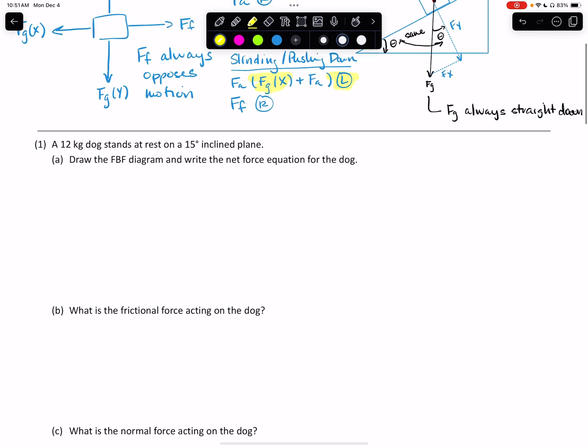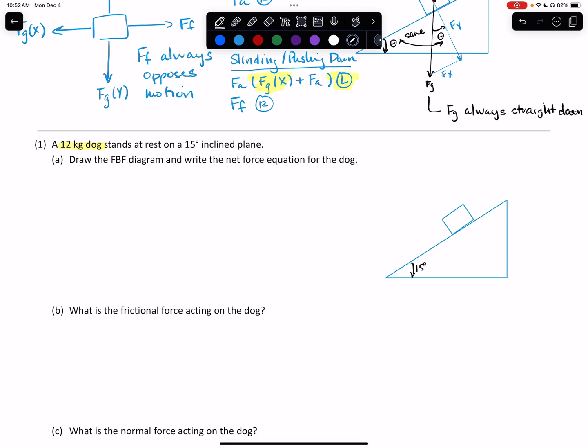Okay, so let's try a problem. A 12 kilogram dog stands at rest on a 15-degree inclined plane. All right, so let's see. I'm going to start with a picture because that's just how I like to do it. Whoops, but I'm not going to use the highlighter. All right, so there's my inclined plane. I can't draw a dog, so I'm just going to make it a box. There he is. All right, and I know, based on what the problem's telling me, that my angle here is